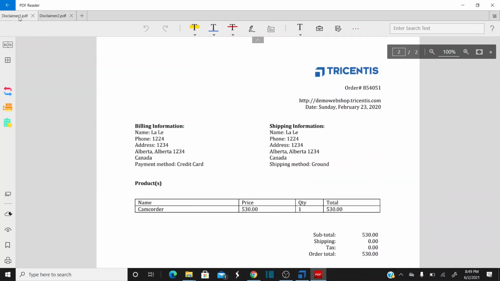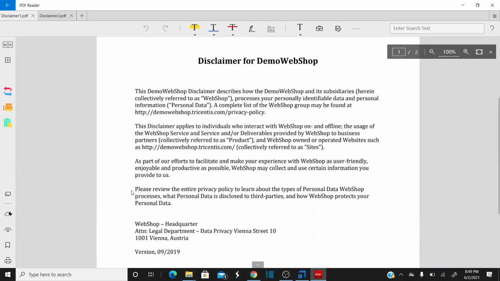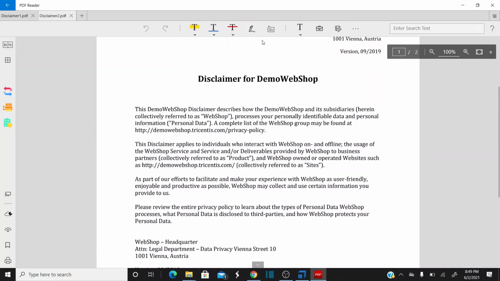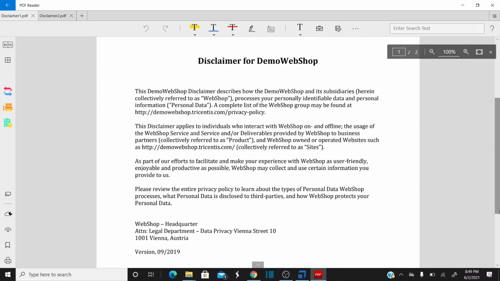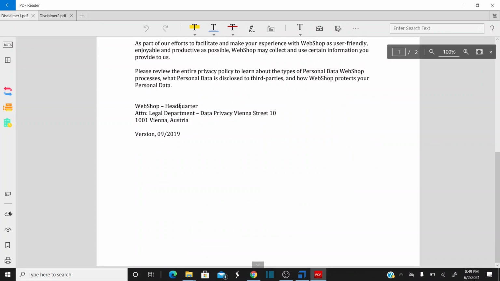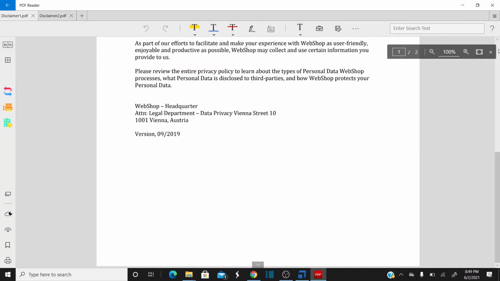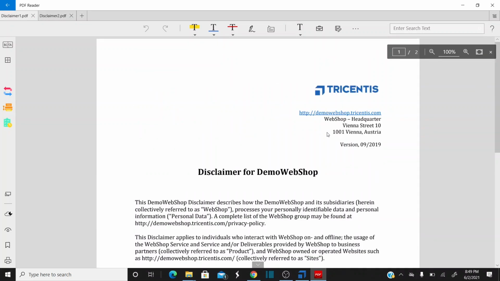Now I want to compare these two files, but I don't want to compare the second page. I want to compare only the disclaimer, whether the disclaimer is similar in both documents or not. While comparing this entire PDF, I would like to ignore the second page. I want to compare only the first page and exclude some pages. So how can we automate this?